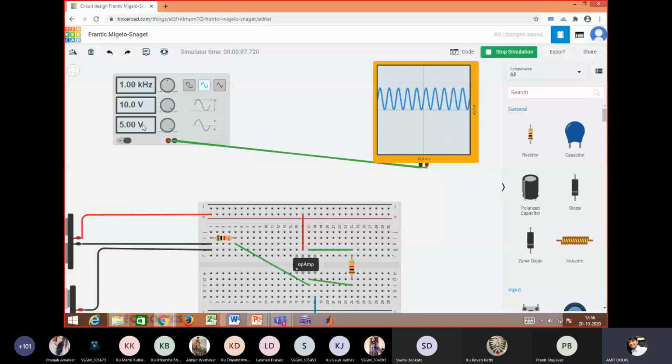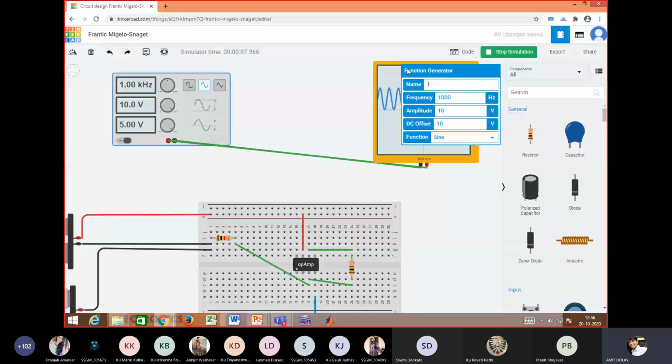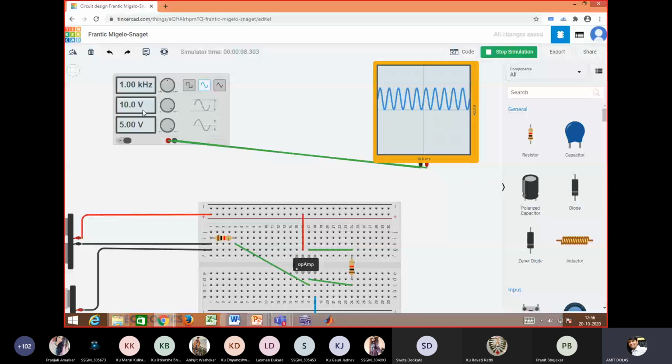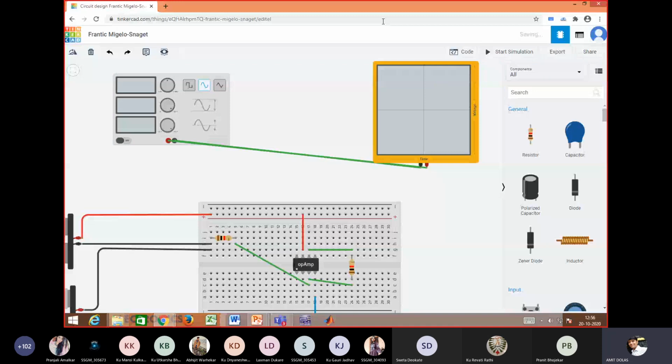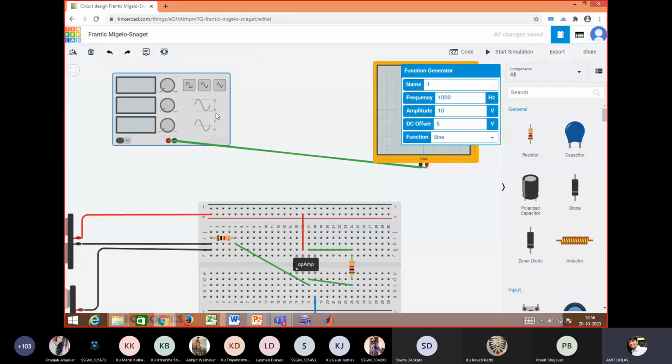Let's see, the offset is equal to 10. If the offset is 10 volt, there is no movement. I shall stop this. Still it automatically takes 5 volt. Okay, offset cannot be changed here.